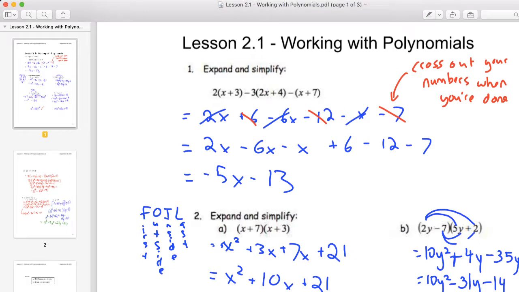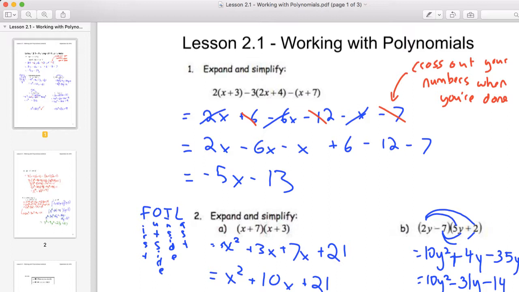So lesson 2.1, we start with expanding and simplifying something that you might have seen already. Whenever you see numbers in front of brackets like that, we need to multiply the numbers out. So we have 2 times x plus 3 minus 3 times 2x plus 4 minus, in brackets, x plus 7. So when we're multiplying these out, our first term will get a 2 times x and